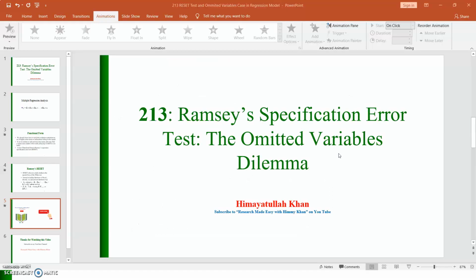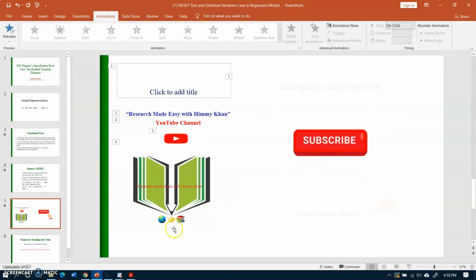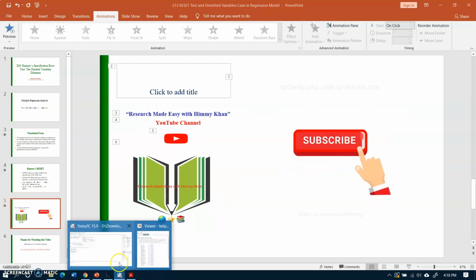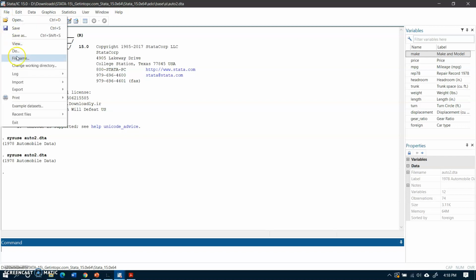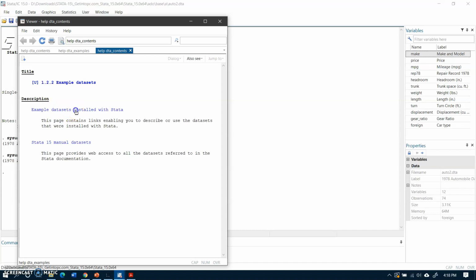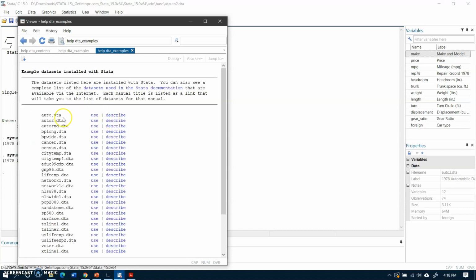So in order to do that, I will open my Stata file. Here is the Stata file, and I opened this file which is known as the auto2 data file from the example data set, and this file is available here. So I use this one.